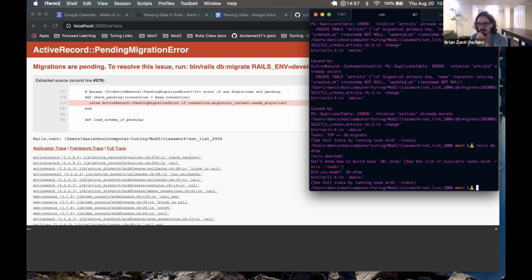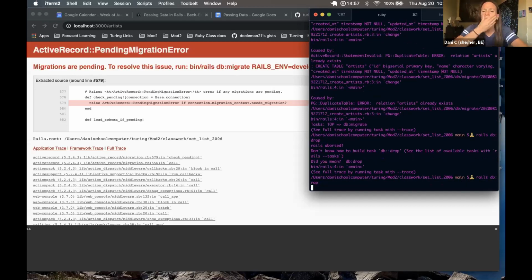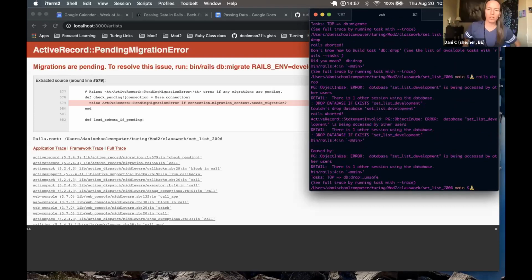Yeah, so this is telling me this wasn't successful. It says Rails aborted, don't know how to build task DB drop. Whoa, wait, that's not right. Oh, you have two colons in there, I think. Rails colon. It's thinking really hard. I think my computer's about ready to take off. There we go. Okay, so now we get